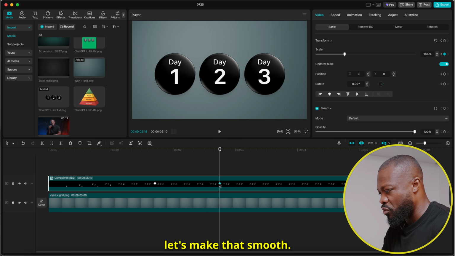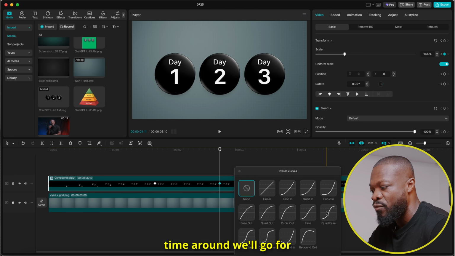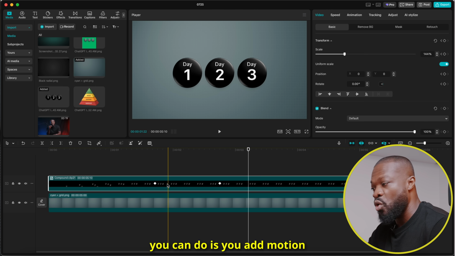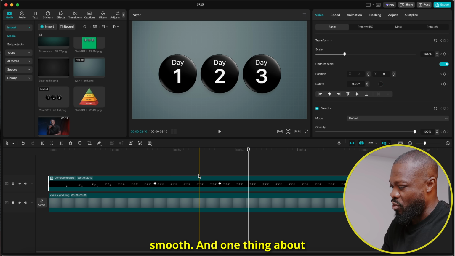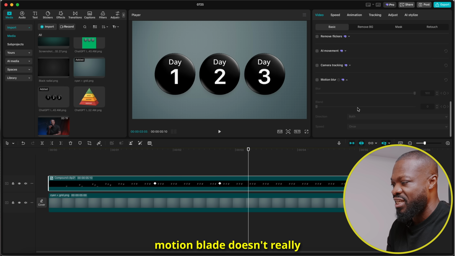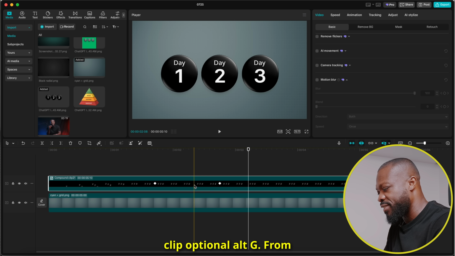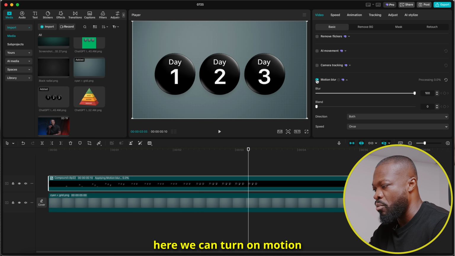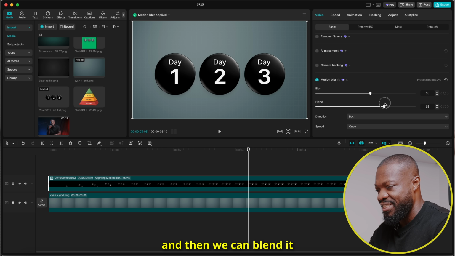Now let's make that smooth. Right click on the second point, show preset, and this time around we'll go for quad ease. From here, you can add motion blur to it. It's always going to make your animation look smooth. And one thing about CapCut: when we have keyframes on it this way, motion blur doesn't really come out clean. So we're going to make another compound clip, Option or Alt G. From here we can turn on motion blur, take it to somewhere around 60,